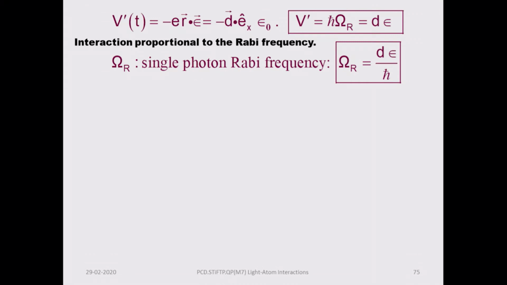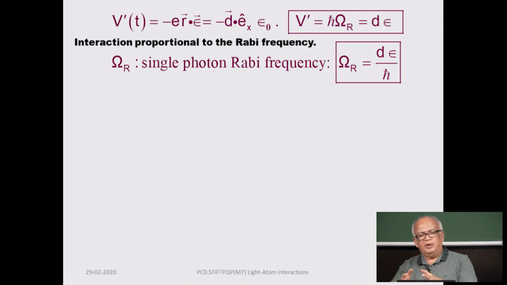So, here we are. Remind yourself of our previous discussion. We described the interaction between the atom and the electromagnetic field using a semi-classical Hamiltonian. The semi-classical interaction was represented by this D dot E type of term. D is the dipole moment and E is the electric field, right. So epsilon over here is the electric field, and the interaction between this electric field and the dipole gives you this interaction between the atom and the light.